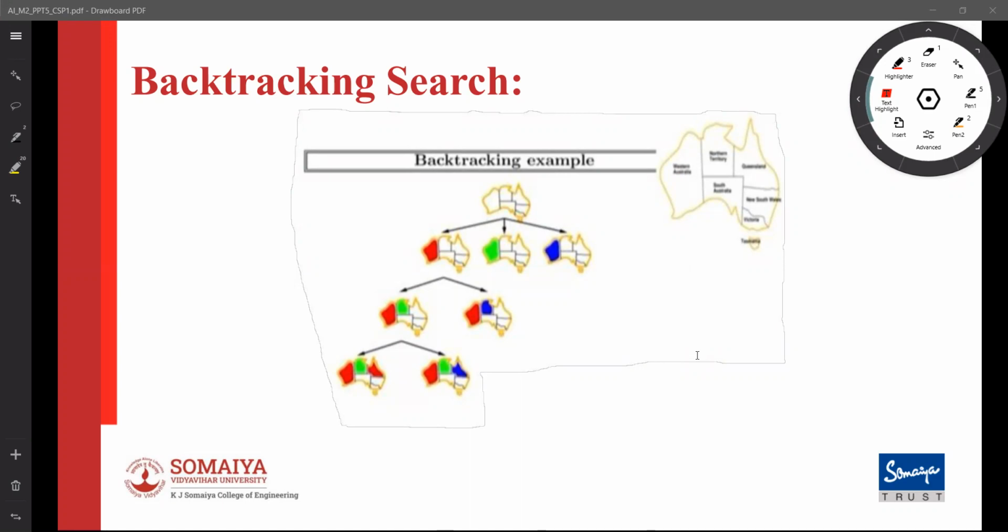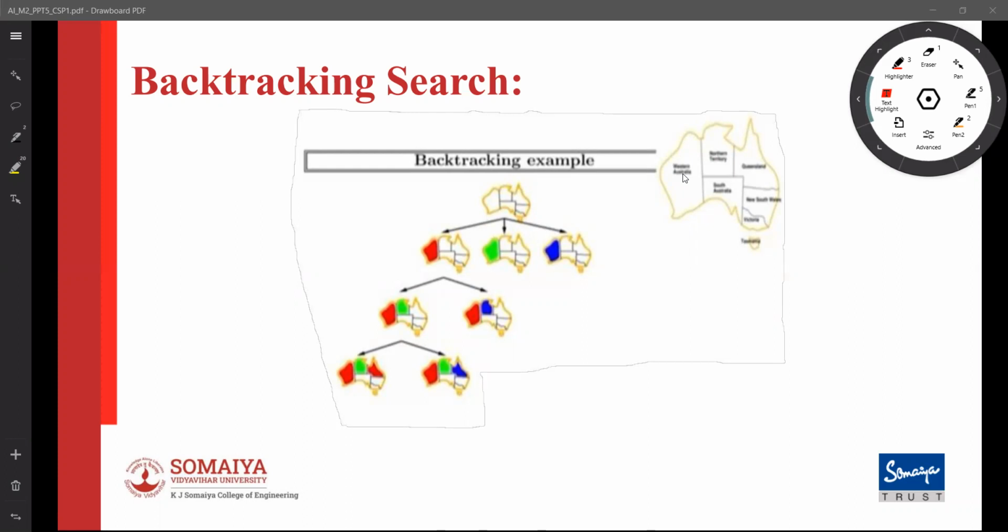So we have seen the example of map coloring, where we try to color the map of Australia with the constraint that two adjacent states cannot have the same color. For example, you can see here Western Australia, Northern Territory, and South Australia. All these three states should not have the same color.